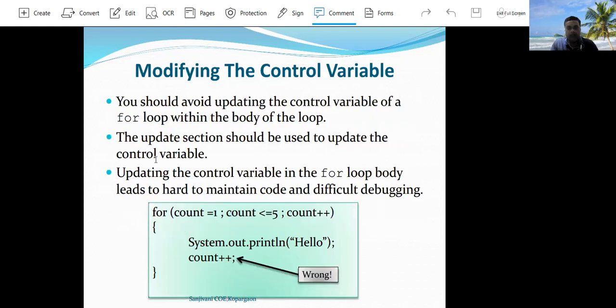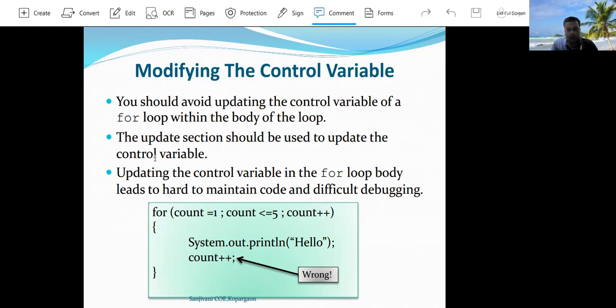The next one, modifying a control variable. When a programmer declares a control variable of the loop statement inside the for loop, that variable is used inside a test condition and also used inside the update section.